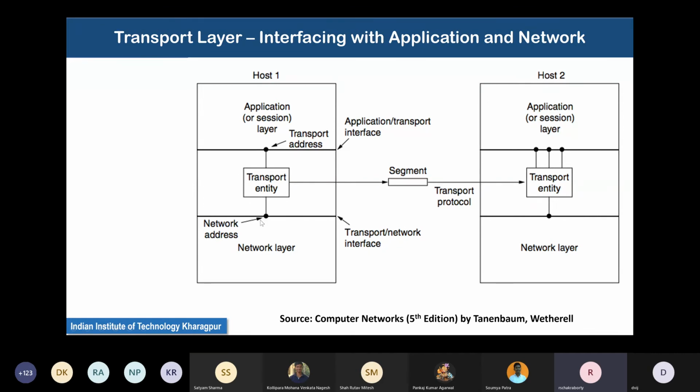It does it through a network address, which is basically kind of the IP address, you can say. It's through that it manages to do this.